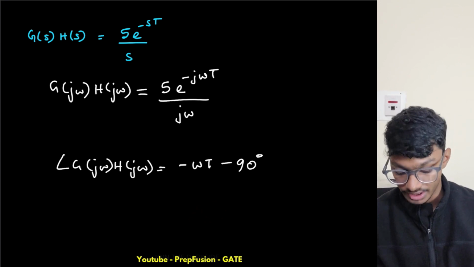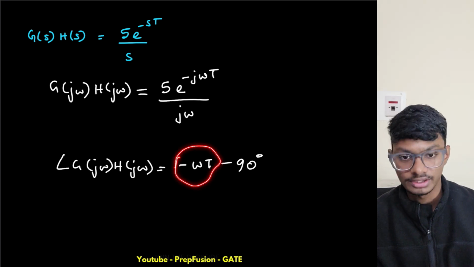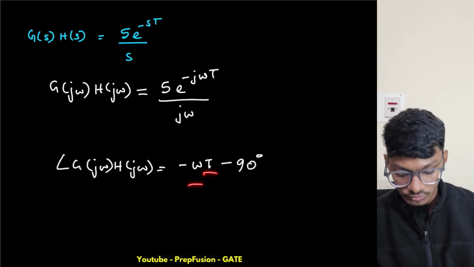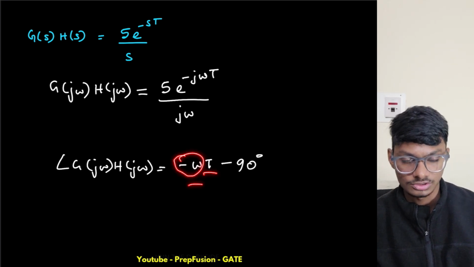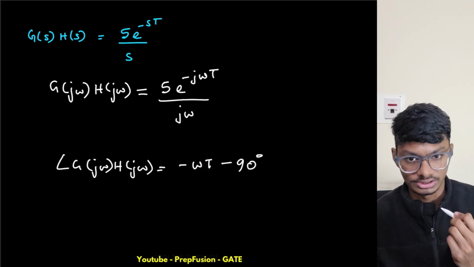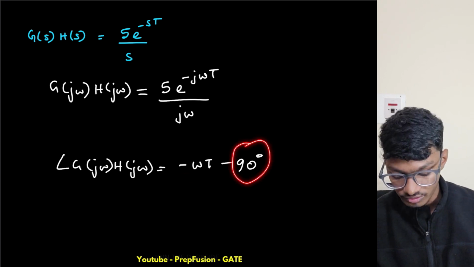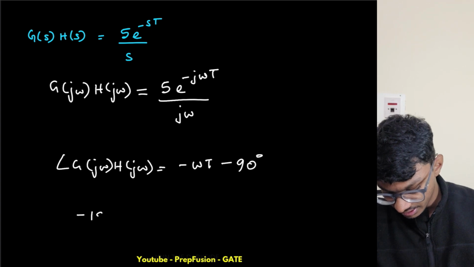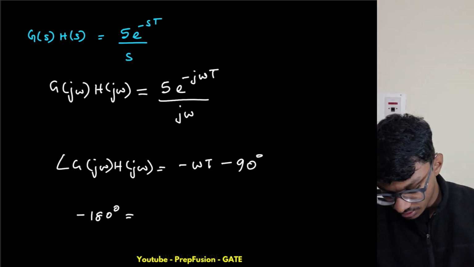But here I have an exponential term and omega t, and omega is in radians per second, so seconds will get cancelled but radian will still remain. I hope you understand the dimension. So I have to convert these degrees into radians. So this will be minus 180 degrees